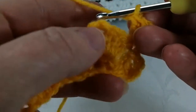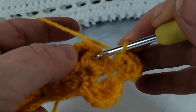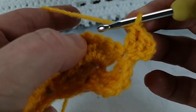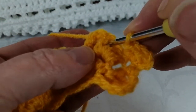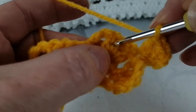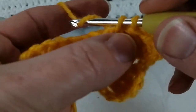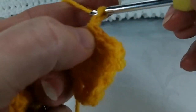So I have shown you all of these stitches before in previous videos. The only stitch I don't think I've shown you is the front post stitch. So we have worked our 2 treble crochet stitches. We're now going to do the front post double crochet stitch, and it's very easy. It's just from the front. There's also back post actually, which is another stitch, and you go from the back and around. But for this pattern we go from the front and around, and it's a double crochet stitch. So yarn over, pull through, yarn over, pull through 2, and from there you just repeat across the row